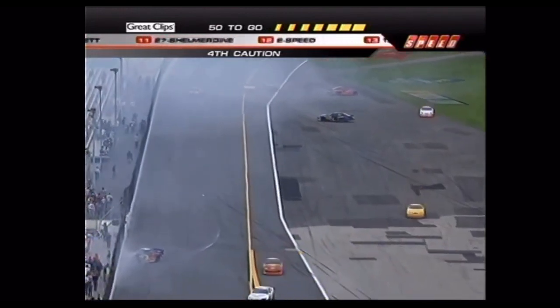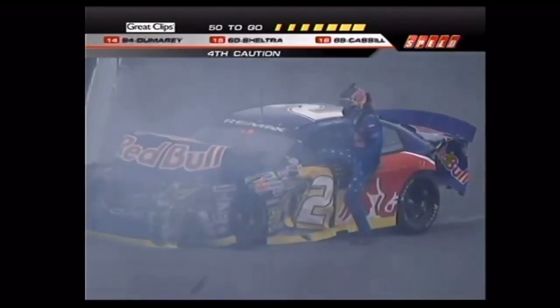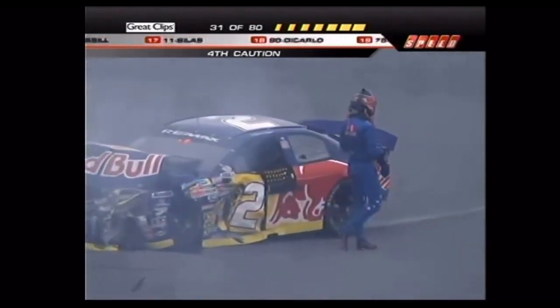Justin Allgaier spun out right down here, just before the start-finish line in the 16 car. Is that Mario Gosselin's car right there, the onboard camera? There's Scott Speed. Look at all the damage to that Red Bull Toyota. Started second in this race, and he will end